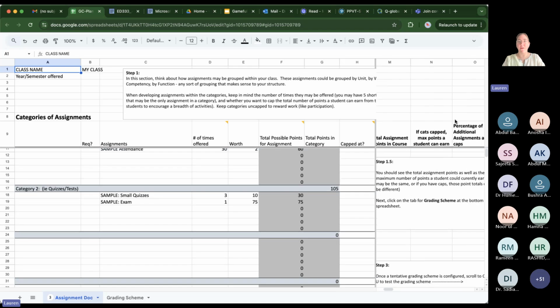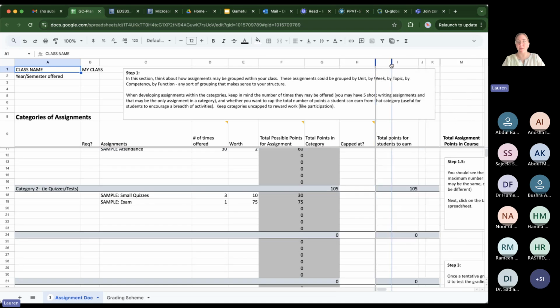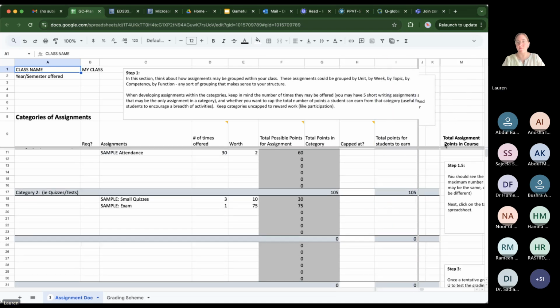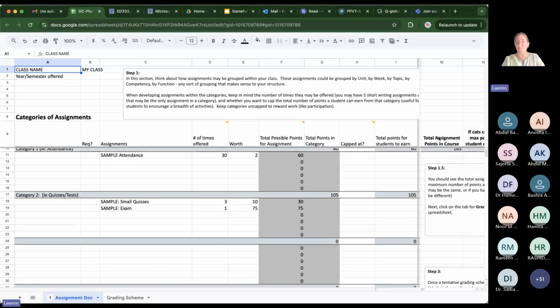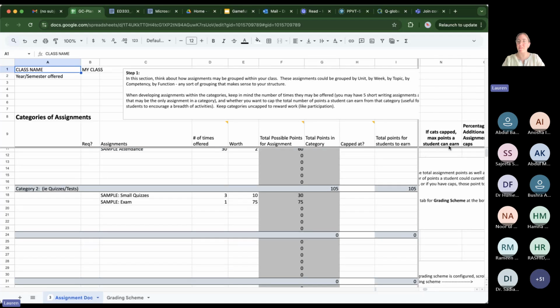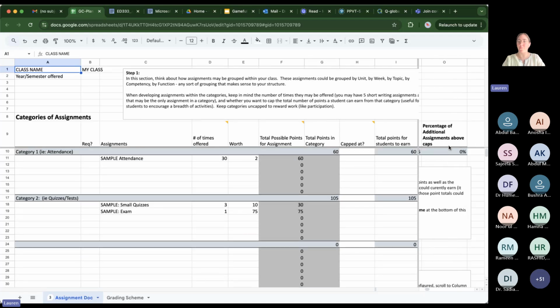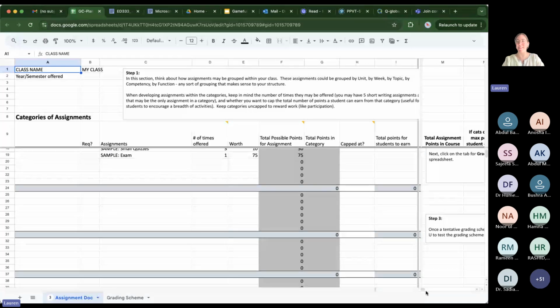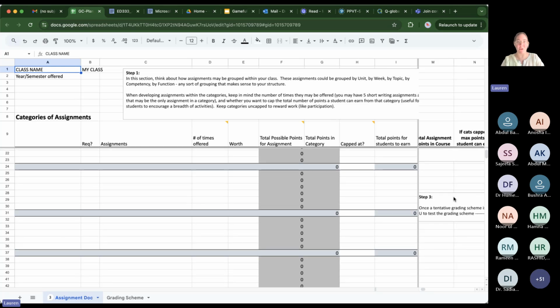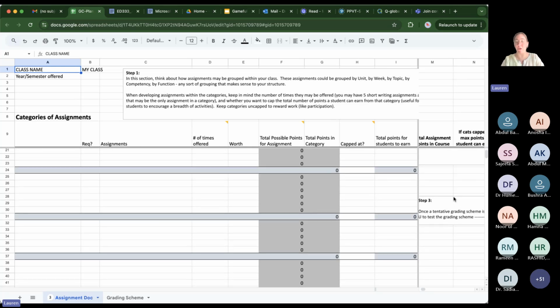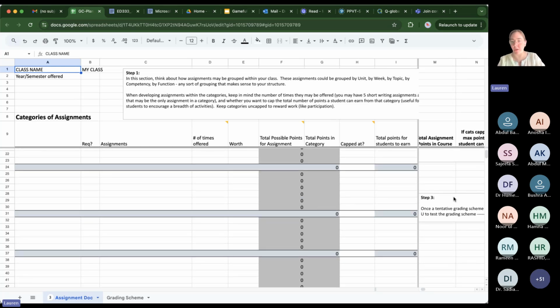Okay, so unfortunately this is a bit difficult to maneuver on this computer, but we have total assignment points in course, percentages, and we can follow the steps through here if we could see them better. I think my computer is just a little bit small for looking at this, but on your desktop computer it should be fine.